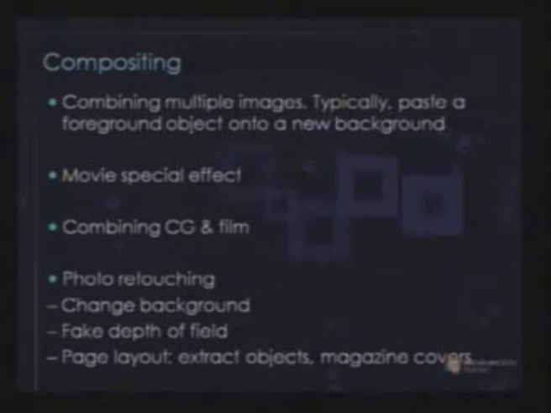For example, if we shoot something with the camera and we compile it with some CG. CG is computer generated graphics. Computer generated graphics can be a character which has been done in 3D software and has to be managed along with that live action character which we have shot. And afterwards combining them together and then forming the movie out of it.